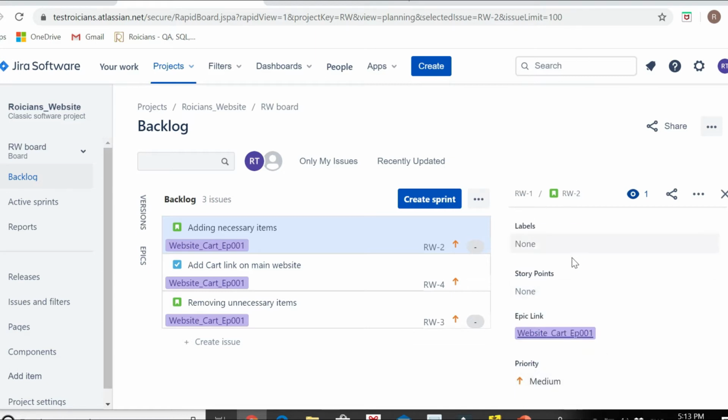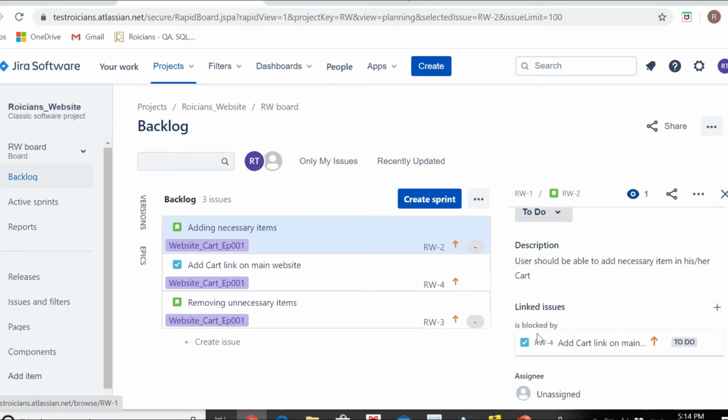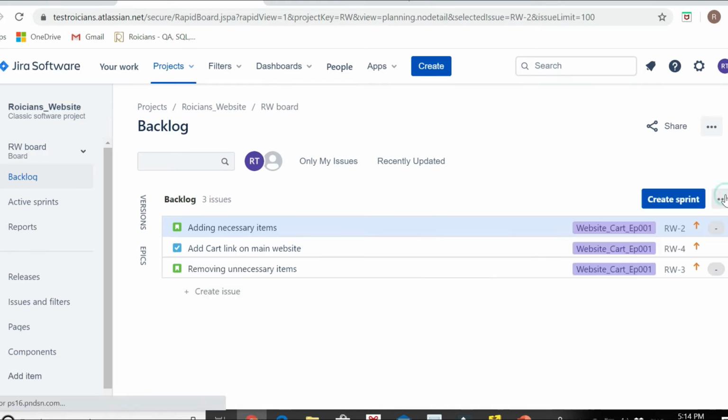Story point is an estimation of the complexity of a user story. It works according to the Fibonacci series and just tells the complexity of the story. The Scrum team checks various factors and decides the story points here. Let's say I'm saying the story point for this particular story is 8. That means this story is quite complex. I will enter it here, and that's it. I can close it from here.